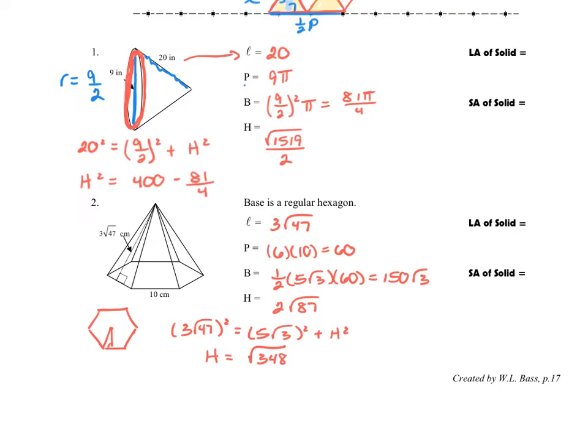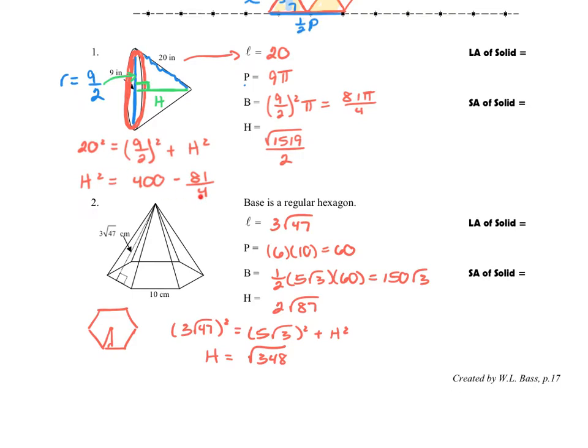The height of this cone is going to come right here in the middle. So I'm going to draw this in. It's going to make a nice right triangle, and that's going to be my h. And of course, the other side of that right triangle is that radius. So what you can see here is I've set up this Pythagorean theorem. The hypotenuse of that right triangle is that slant height. One side of the right triangle is the 9/2, and then the other side is the height, the other leg. Now, working with this Pythagorean theorem, if I square this, that gives me that 81 over 4,